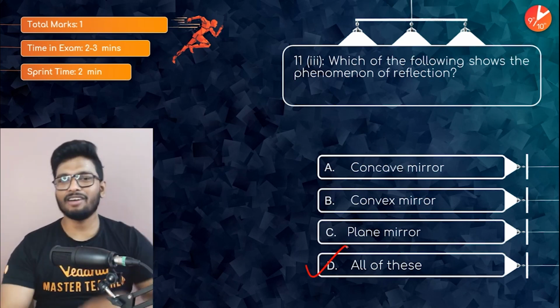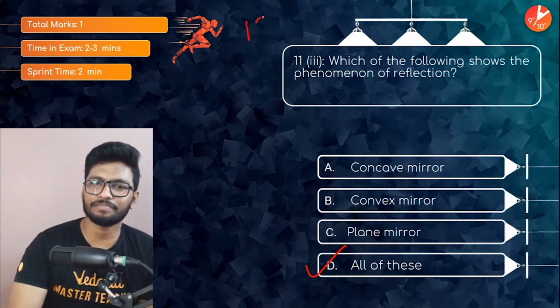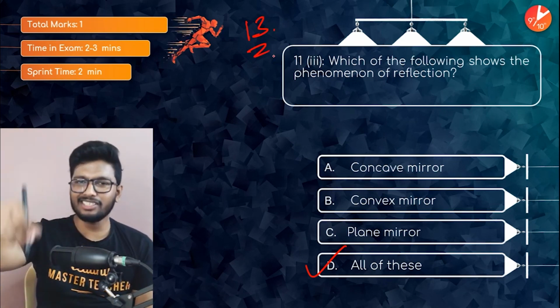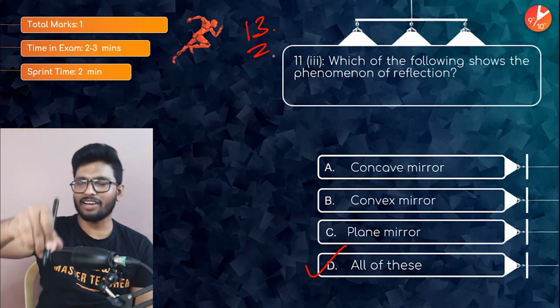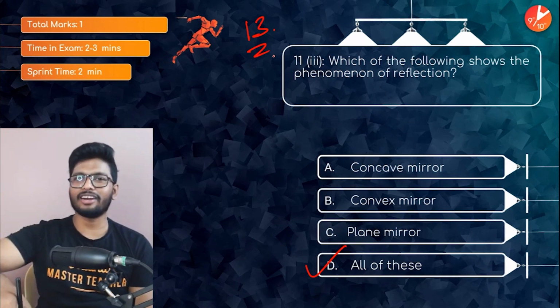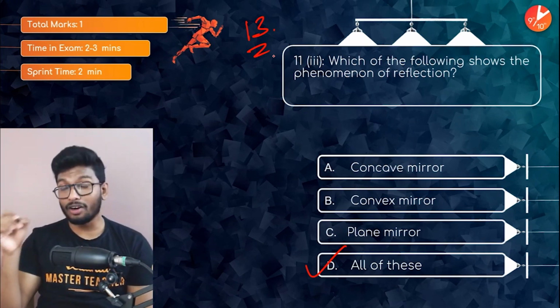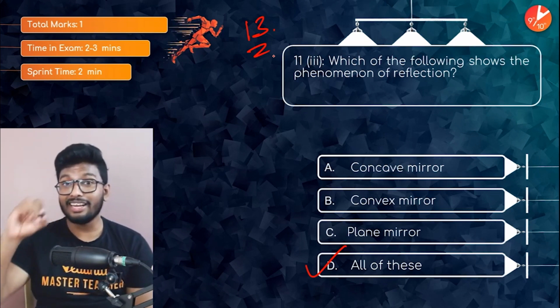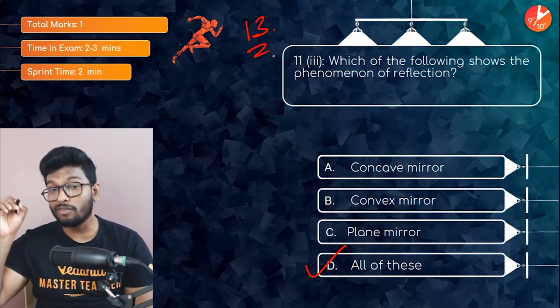Let me know, guys. We have done 13 questions so far. Let me know how many of you have gotten all the 13 questions right in the chat box immediately. I'll give you 5 seconds. Let me know how many questions you've gotten right and what and all questions have you got wrong. Again, guys, make a mental note of it. Go back to your textbook, read those topics, and come back and solve it one more time if you have